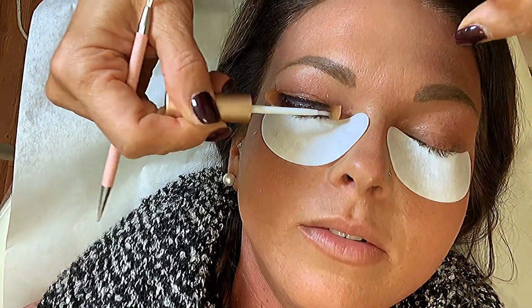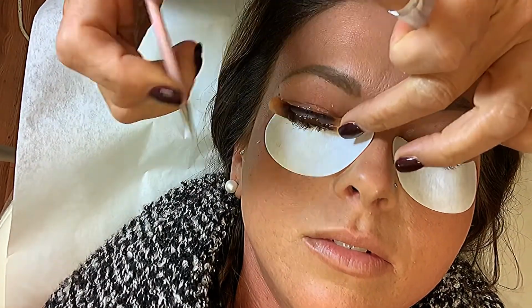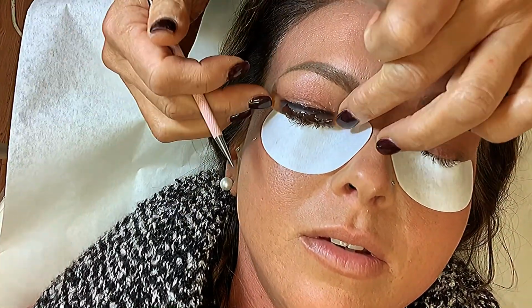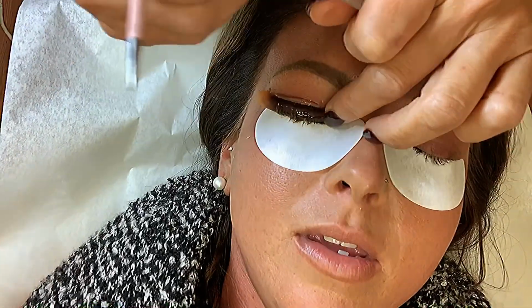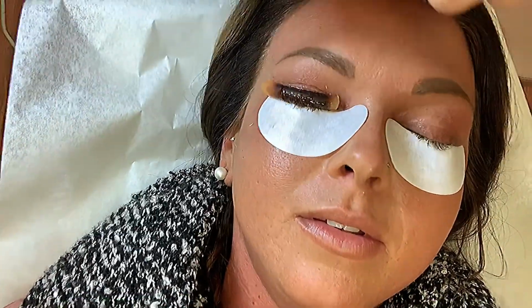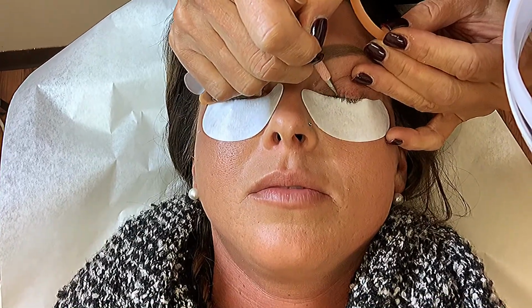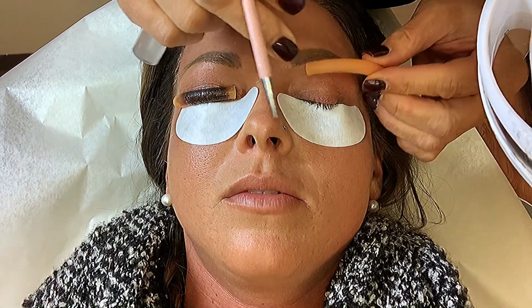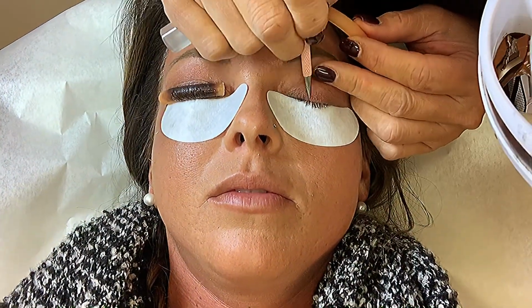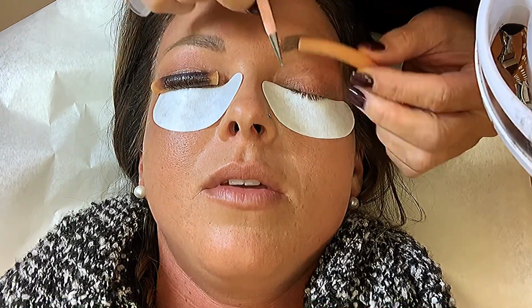With the silicone mold on the eyelid, she then curls the lashes using the glue over the mold, which is curved upward and outward to create a curl. Now on to the other eye, just getting all the lashes separated before placing the roller on. I don't think I got any footage of the next step, but after every lash is applied onto the mold